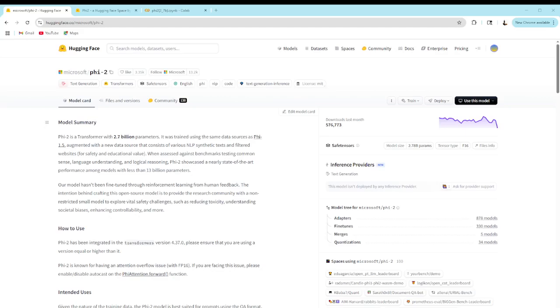Hello, I just wanted to make a video on Phi-2, which is a small language model similar to something like ChatGPT, except you can run it on your own computer. It is a very small model, so you can run it on practically any computer you would be using nowadays. It's 2.7 billion parameters, which is very, very small in comparison to any of the AIs that you would be used to using.